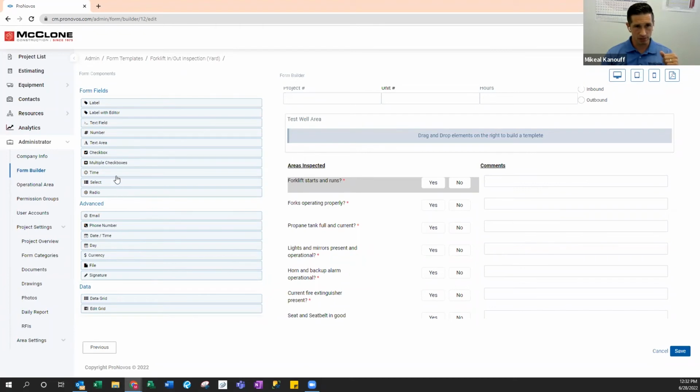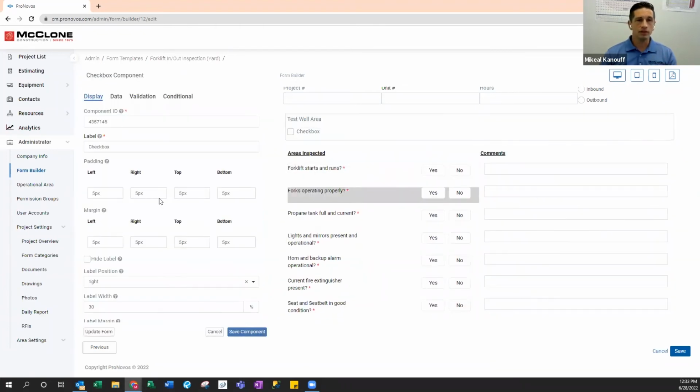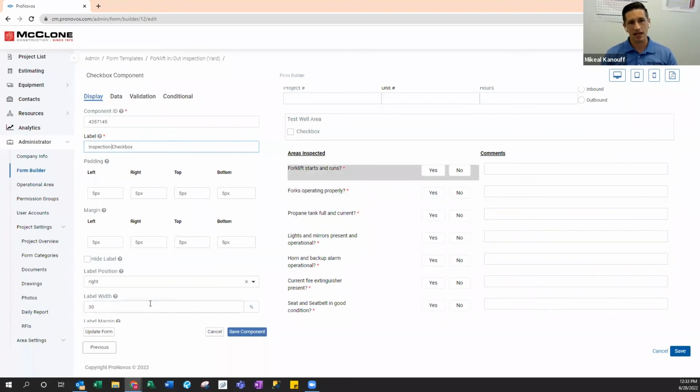We'll do something simple. We'll just do a checkbox and we'll populate it on here. And what populates over here is some information. You can change the padding, which is just the space around the box. You can make it push to the left or push to the right or up or down. Again, let's create the label here and say inspection checkbox. You can play with the position. So if you want the label to show up on the left or the right-hand side, you can change the